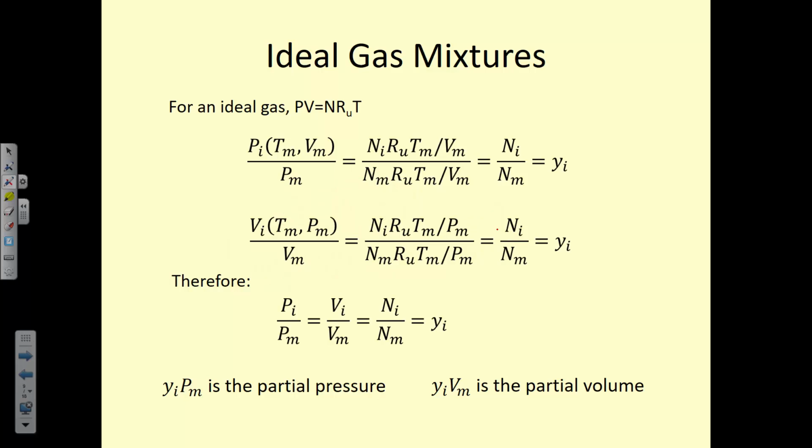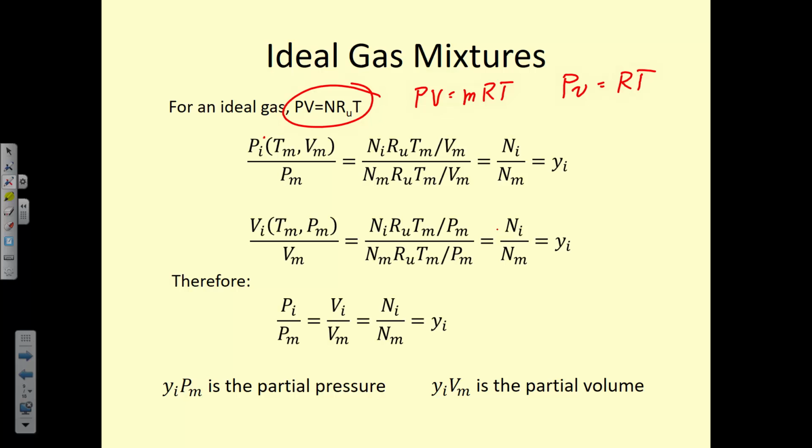Okay, so now we know that for an ideal gas, PV is equal to mRT, or P lowercase v is equal to RT. But we can also write it in this way, where PV is equal to the number of moles times the universal gas constant times T. So it's the same expression of what we've used before, but now this is the molar form.